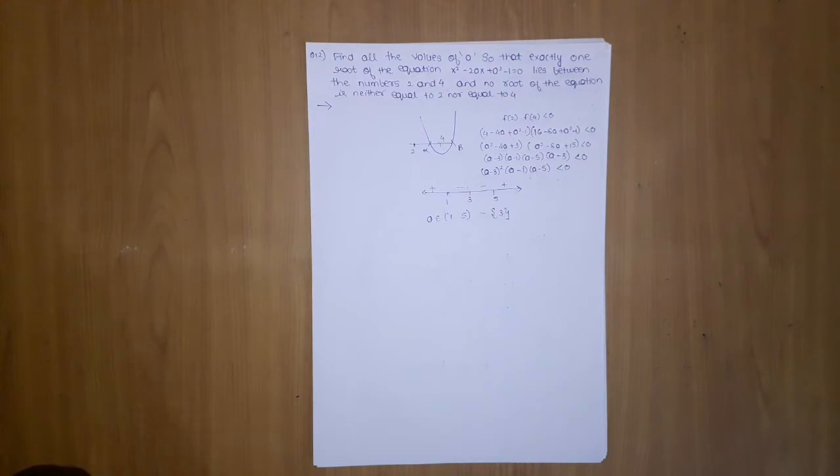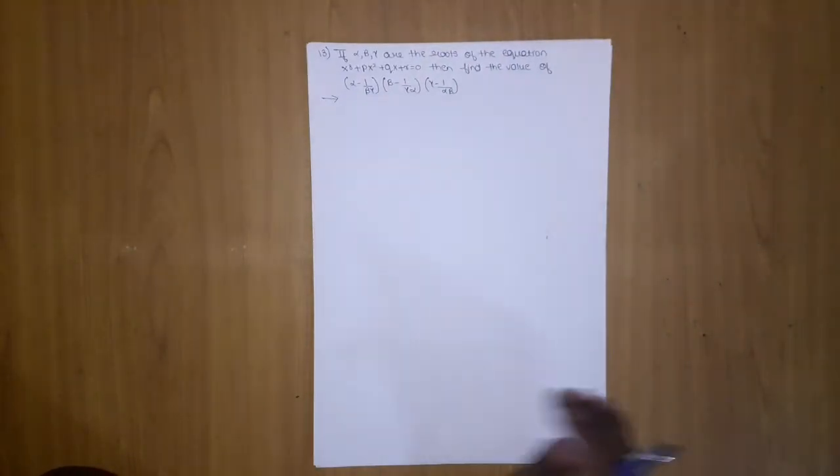And subjective problem, they don't even give you any options, so it's all on your aptitude. Okay, so we will move on to question number 13, which is as follows: if alpha, beta, gamma are